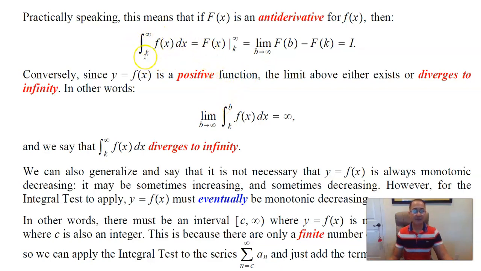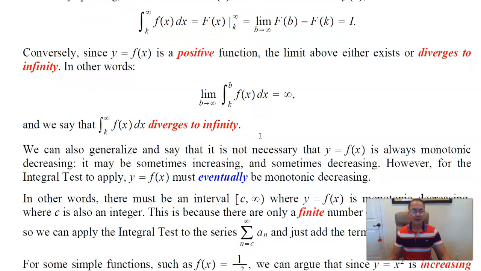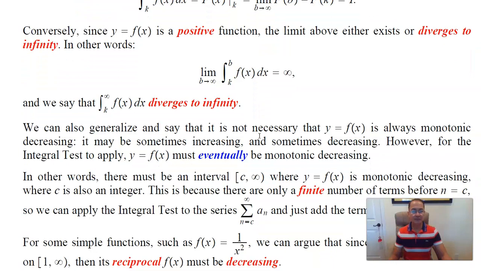Either this improper integral converges to some limit I, or it diverges to infinity, right? Because the function is positive, what we are integrating will give us bigger and bigger areas. So you either reach a limit or your limit is positive infinity. In other words, you diverge to positive infinity. Let me also say that in general,